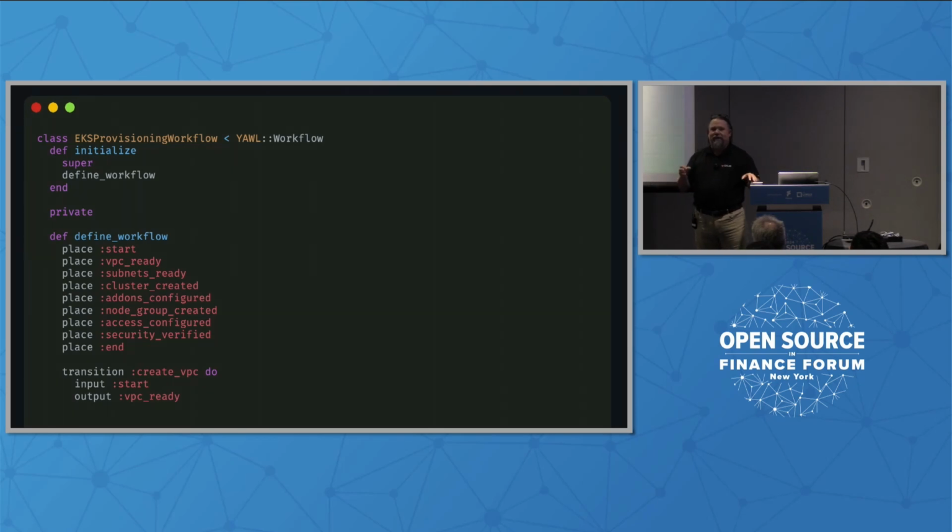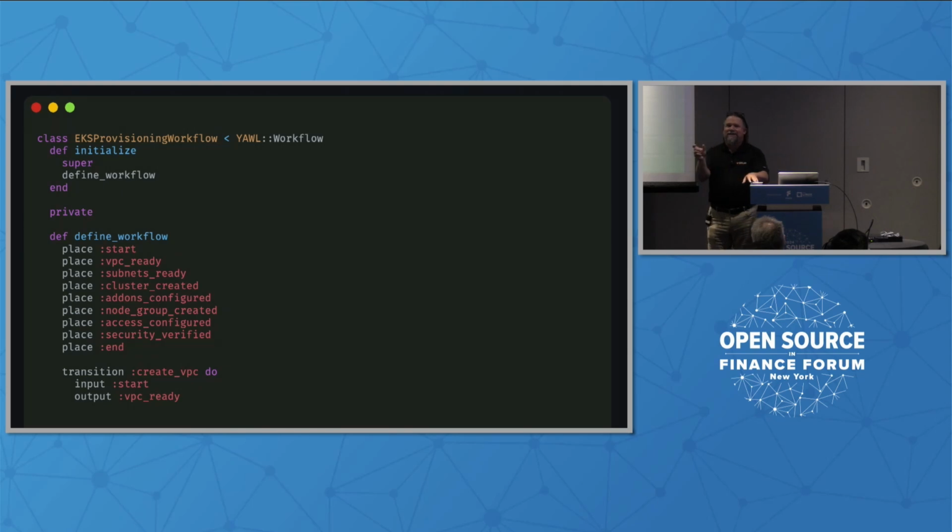And as you think about these changes, now let's say I want to provision an EKS cluster. How many people have provisioned an EKS cluster with the Terraform module, just the base Terraform module? Okay, a few people, right? It's an all or nothing thing. So I've got to provision everything from beginning to end.